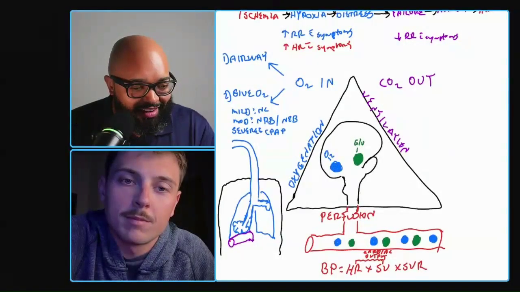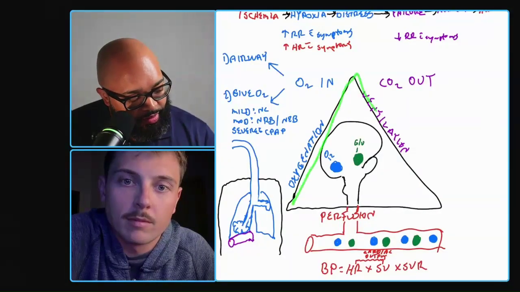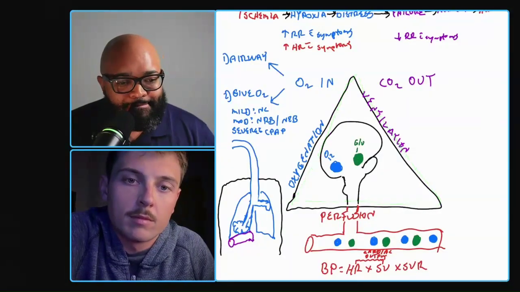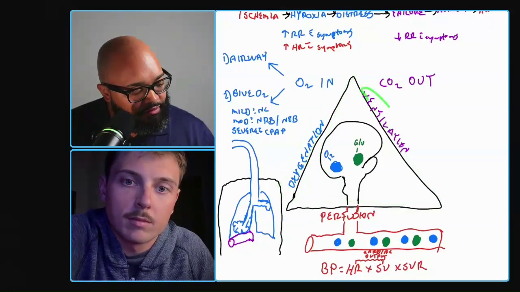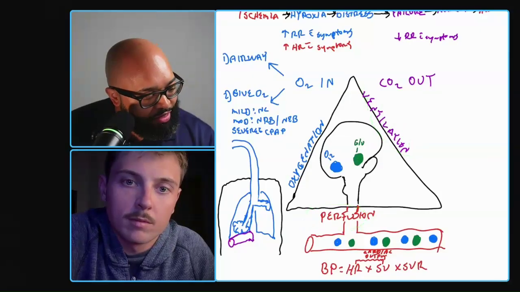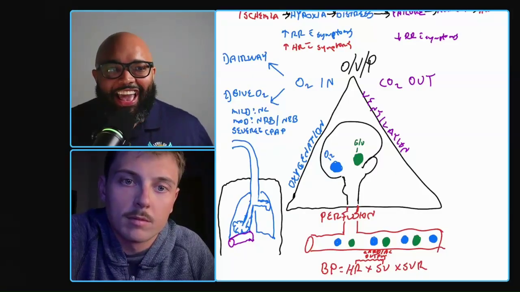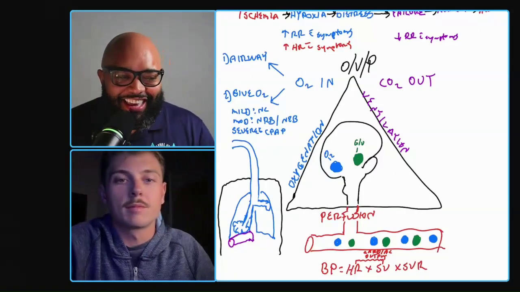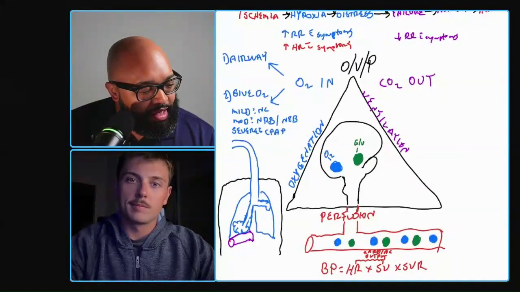Okay, so I want to say Jackson, but that's another guy, Jonathan. Jonathan, everything we do in medicine comes down to 3 things. So we've got a triangle here. We've got 3 sides, right? So everything comes down to this concept called oxygenation, ventilation, and perfusion. So the way we're going to remember that is we're just going to call that OVP. I think it was Amanda who said that. OVP. Yeah, you know me. So everything comes down to OVP, oxygenation, ventilation, perfusion. Right, Jonathan? Yes, sir.